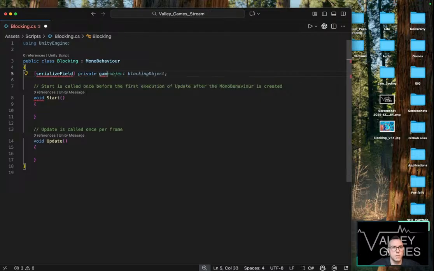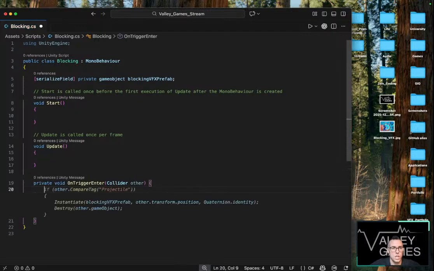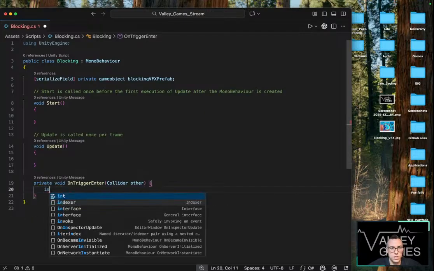And that's going to be a game object. It's going to be our blocking effect, and it's going to be the prefab of it, which is cool. And we are going to say on trigger enter. I'm not going to worry too much about telling Unity what the other object is for now. We're trying to detect that. We do want to instantiate